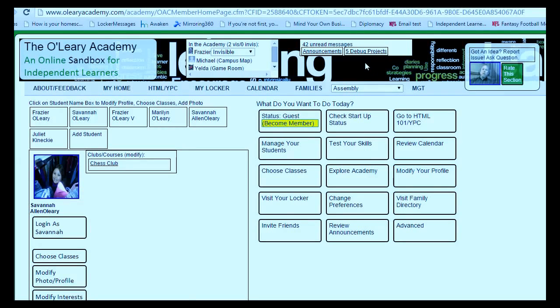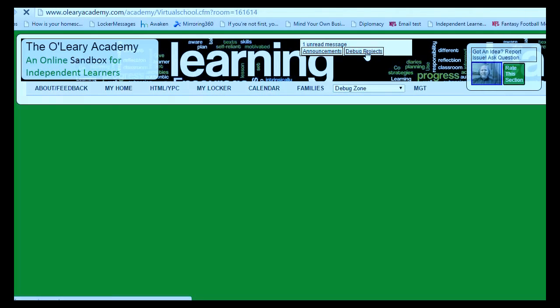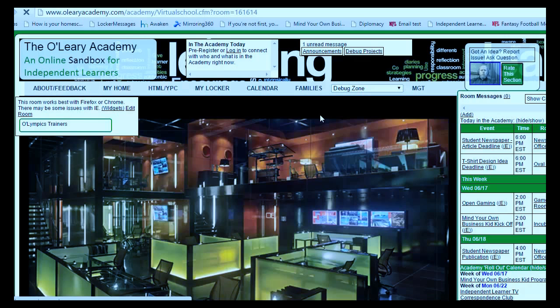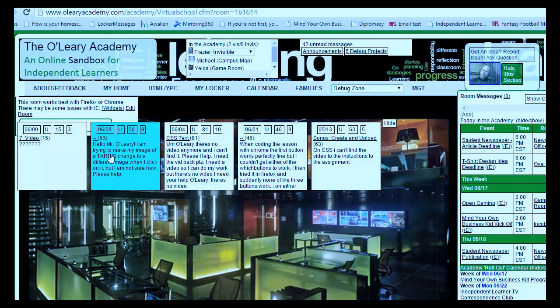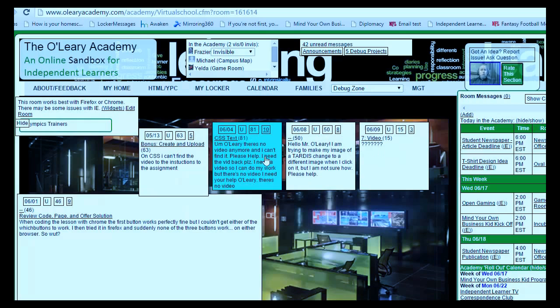Debugging. So I'm visiting the debug projects. Today is June 16th. And I'm going to the debug projects, and we're just going to take a look at some of them, because I am sharing your frustration. I know that it's challenging when you have something that did work and then it doesn't work, or it never